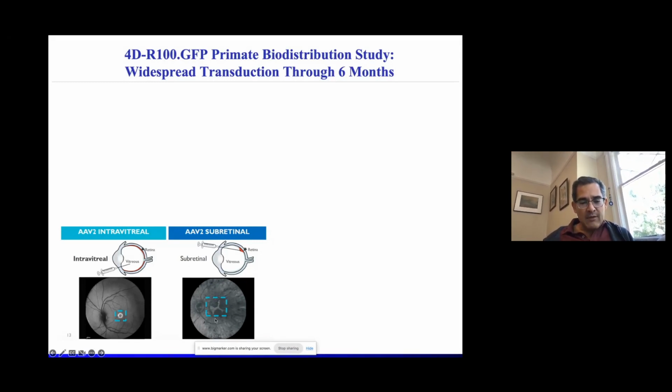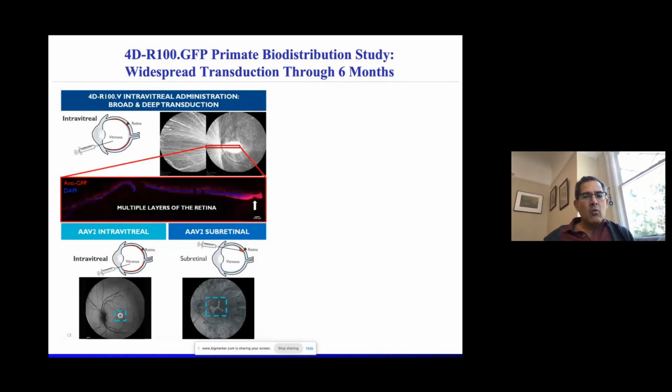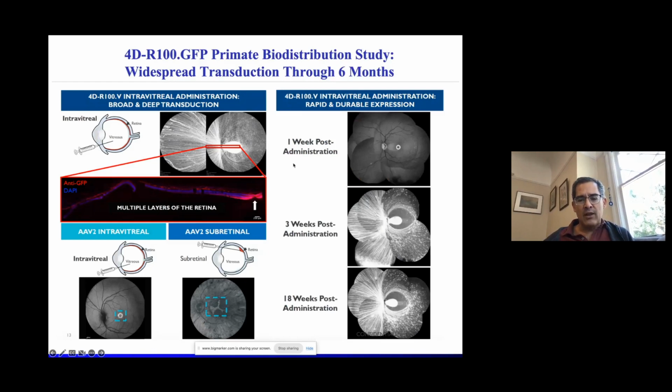You can get AAV2 to reach photoreceptor neurons by doing a subretinal surgery, but again, you can't control the shape or the size of this region, and it's only a small percentage of the surface area of the retina. When we inject this novel variant R100 into the vitreous of a non-human primate, we began to see very high levels of expression. Within 1 week, you begin to see those retinal ganglion cells, but then transduction begins to spread